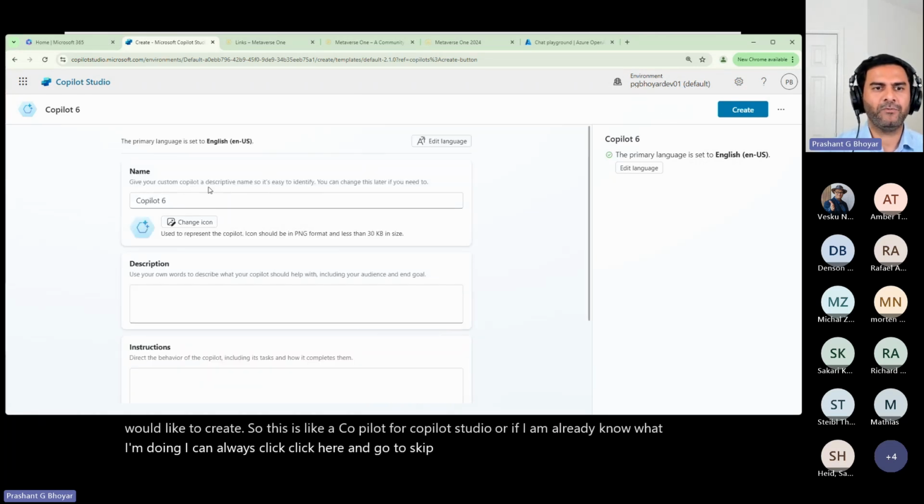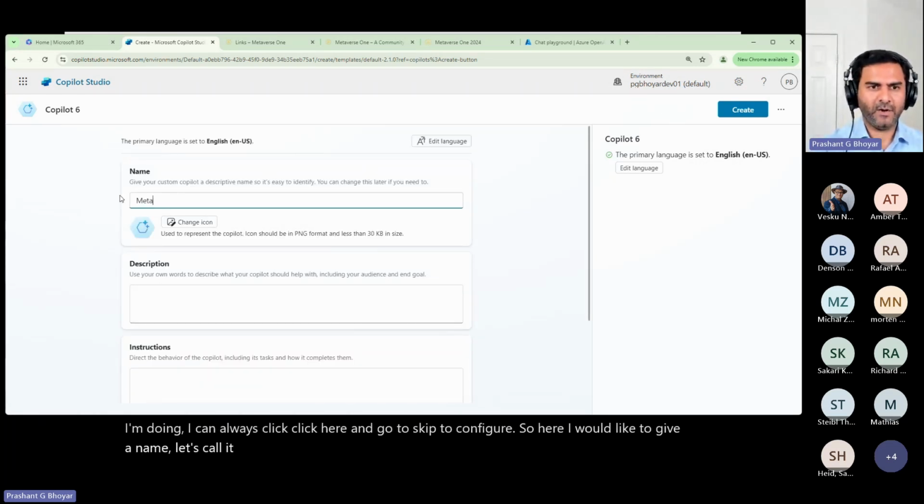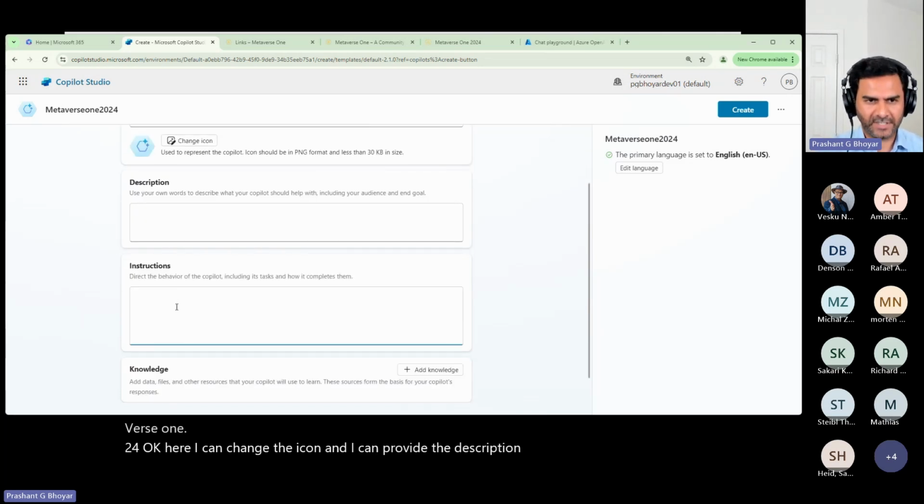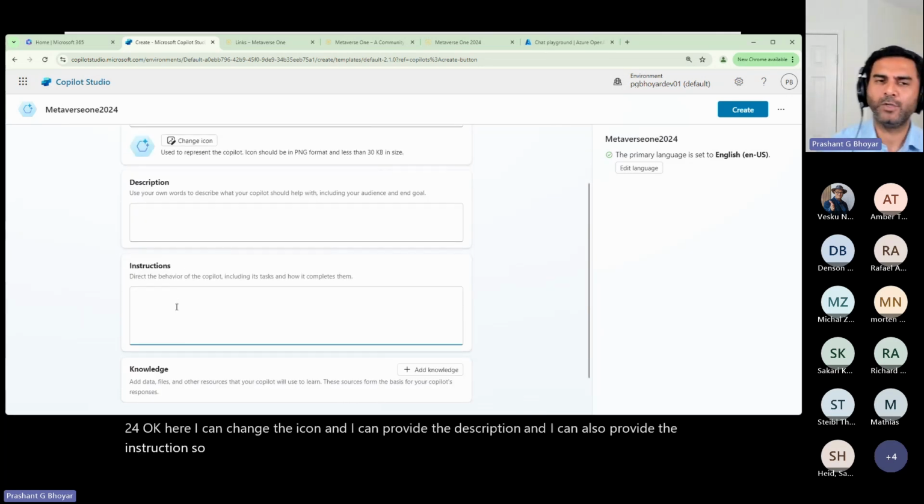So here I would like to give a name. Let's call it Metaverse 1 2024. Okay, here I can change the icon and I can provide the description, and I can also provide the instruction. So those of you who have used Azure OpenAI service, or those of you who have used some of